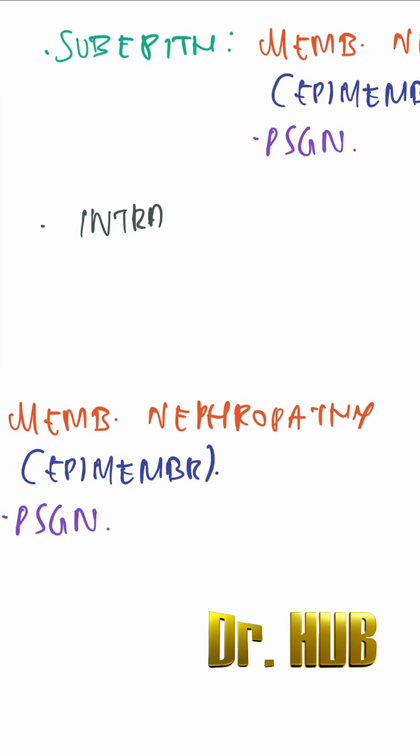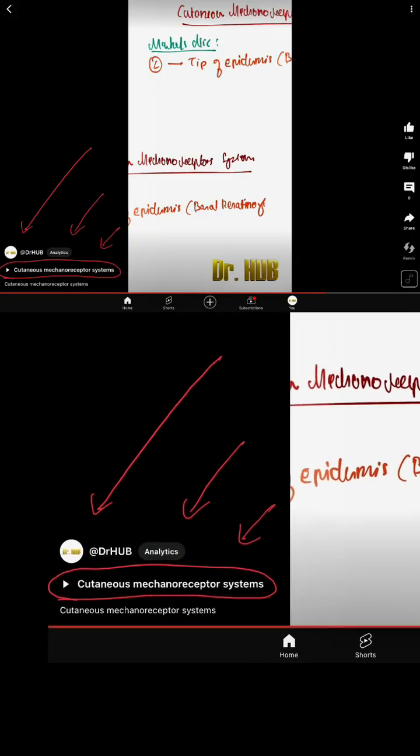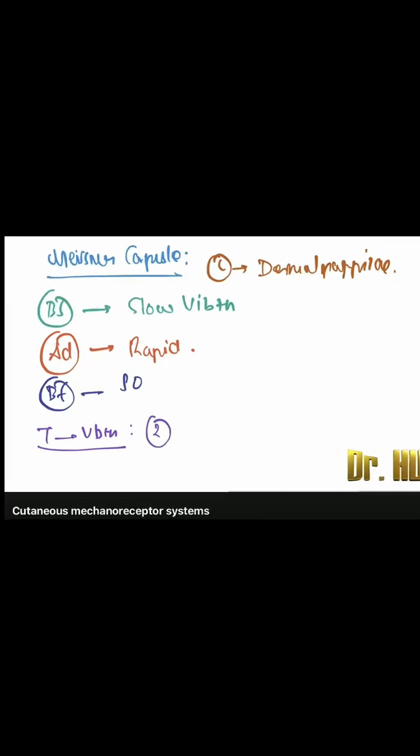Next is the intramembranous. So we look at the intramembranous. So intramembranous, there is a dense